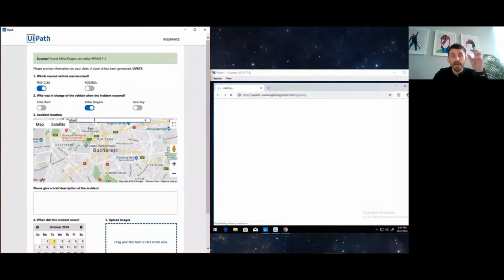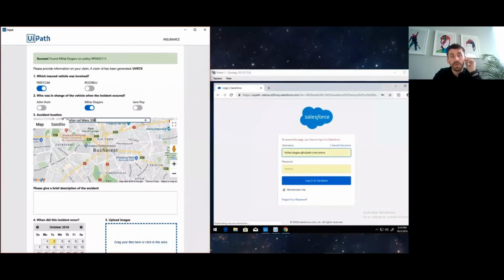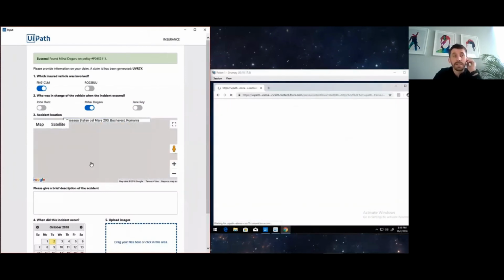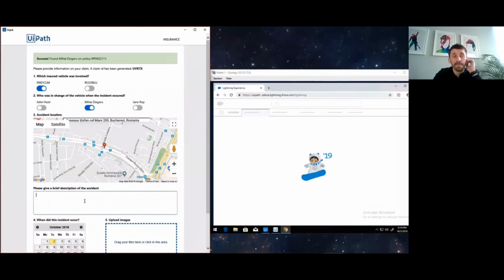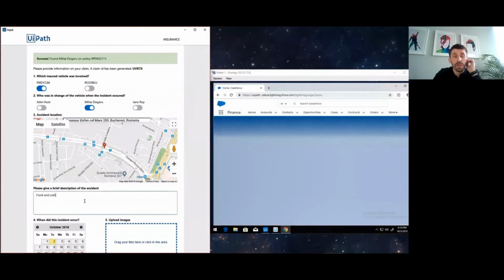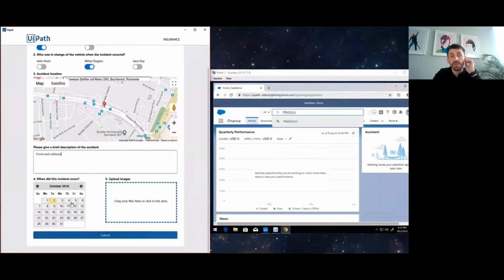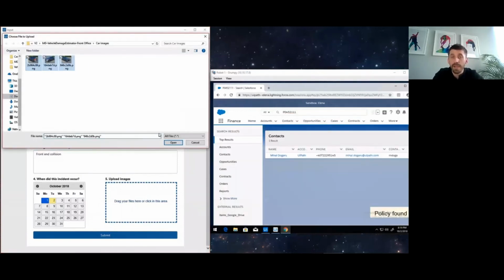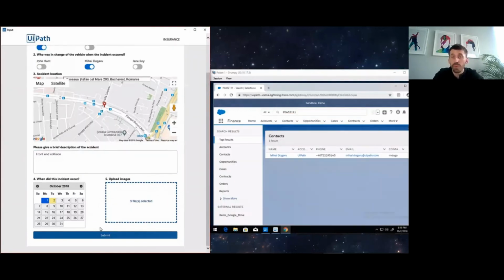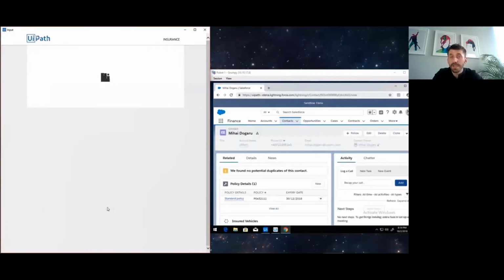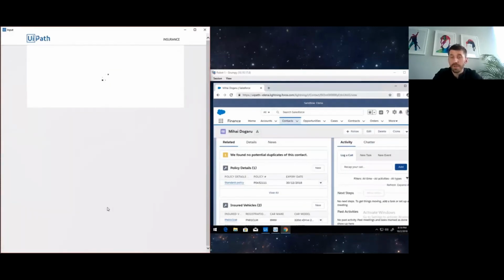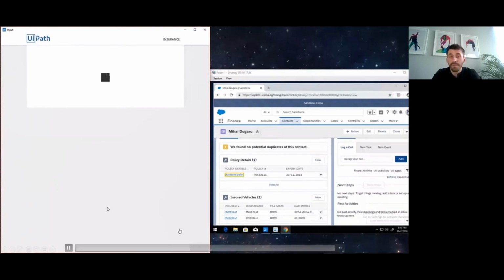So here on the left, the user is logging into the system. It's selecting which car is crashed, describing some details, and on the right you can see what robot is doing. And in this case, robot is searching for the policy number,